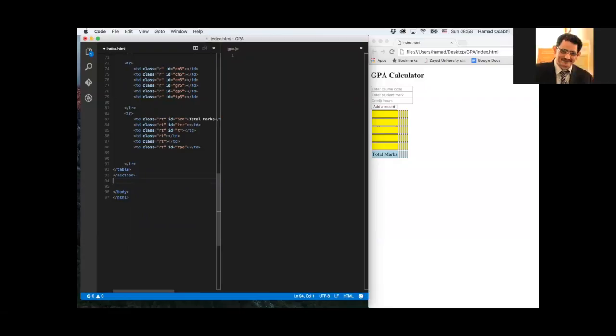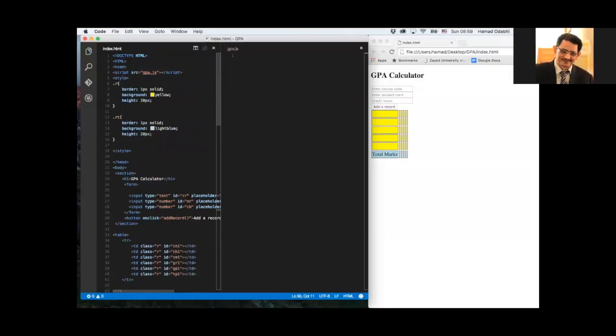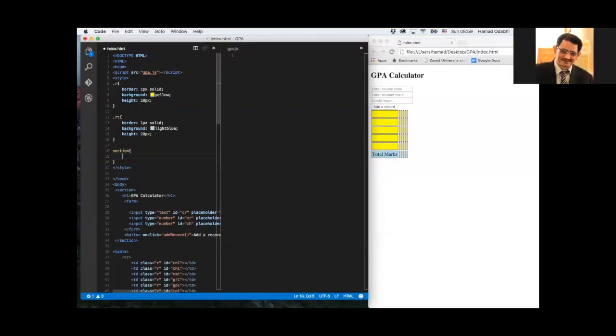So just close the section here which we opened up, and then I'll go and create CSS for it just quickly, so you can start seeing it looks in a better shape. This is just the one section I have, so I'll just use the tag name. So section will just